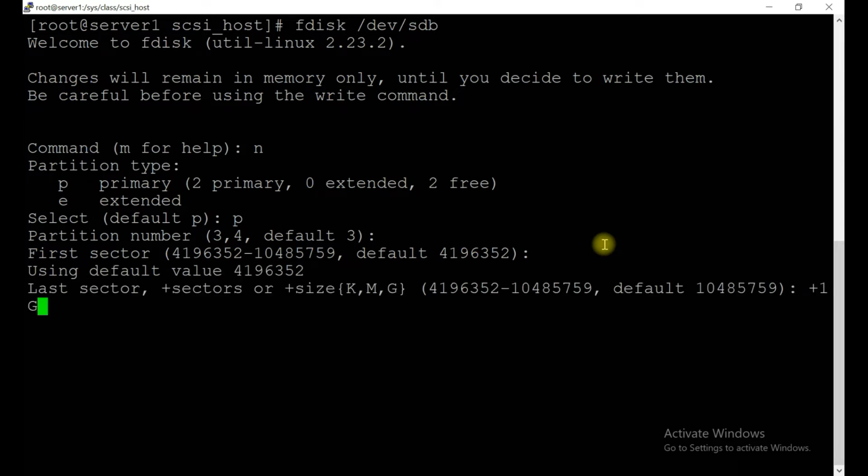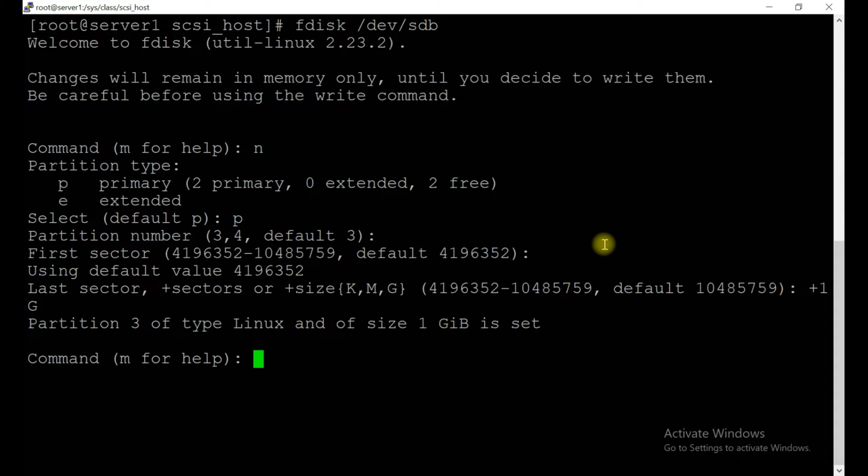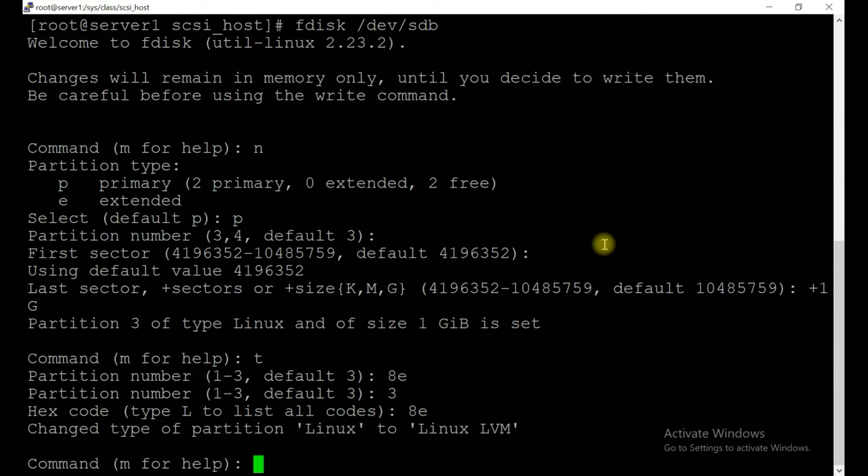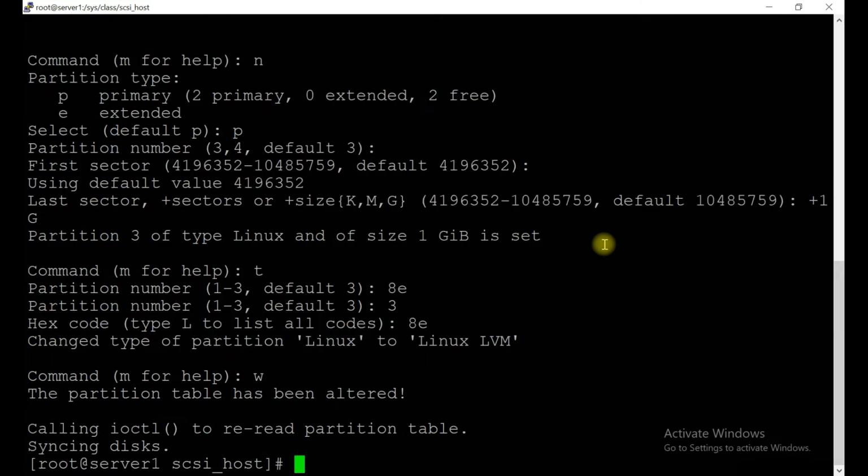For now I will take 1 GB. And the file type I want to set, because currently it's a normal Linux file system, I want to make it 8e, which is for the logical volume, where you can extend the space. Number 3 and 8e. Let's save the changes. It's done.